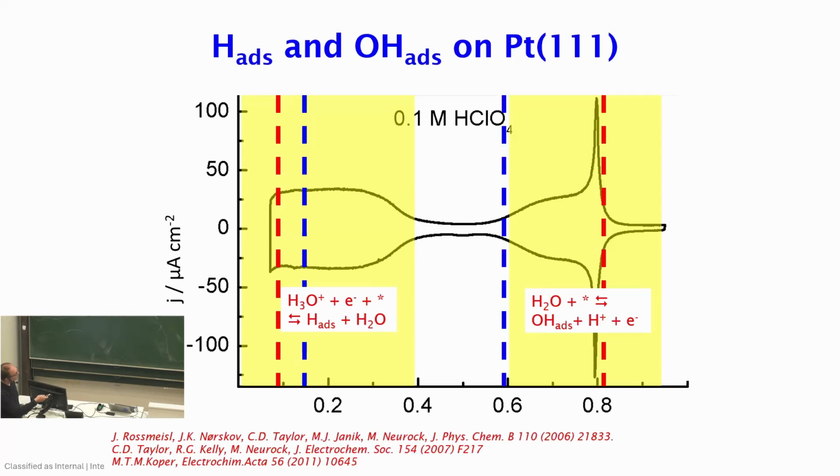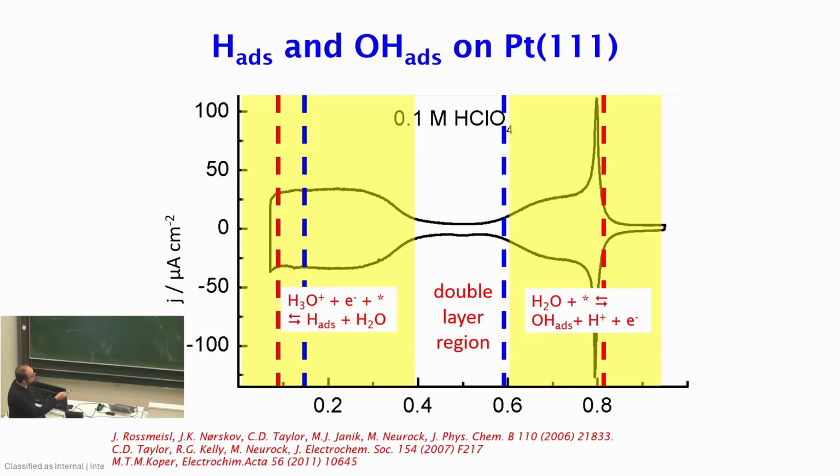But one thing is that if we have exactly the shape, we also know that our surface is of good quality. And then we have something in between, which now I think is really a double layer region. I believe that here we can really argue that this is OH formation, this is hydrogen formation, and in between, there's good reasons to believe that this is really a double layer. You see that there's lines in this voltammogram, and those are the lines predicted by density functional theory calculations, where